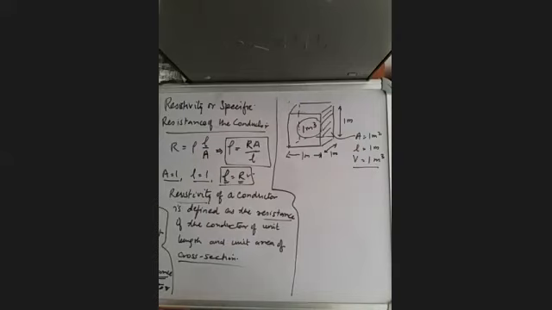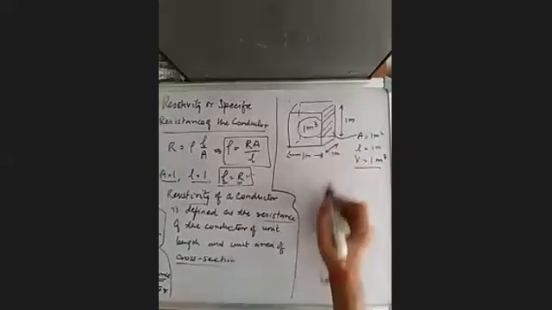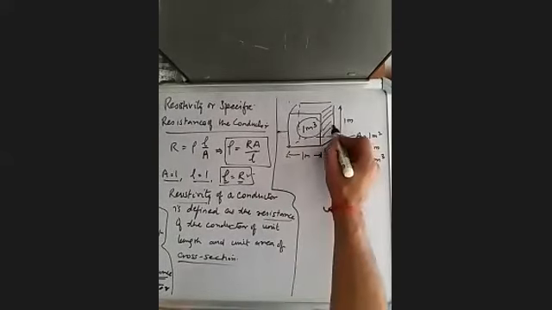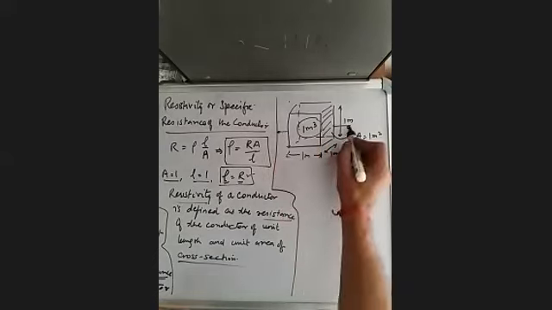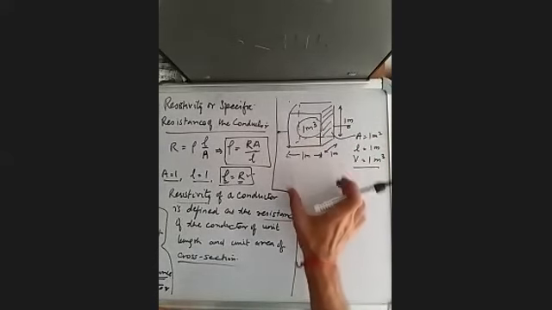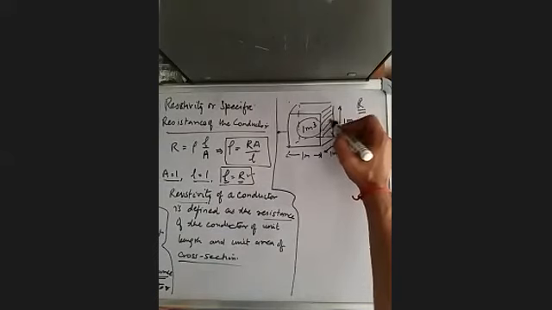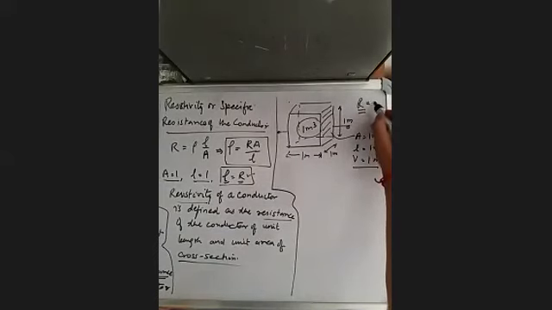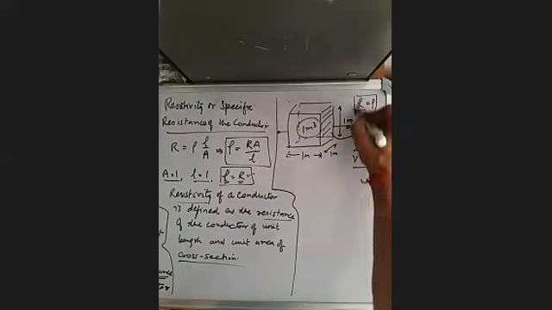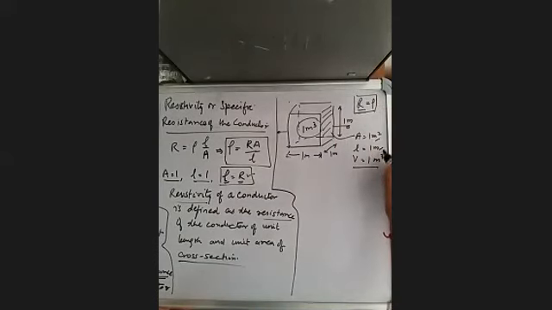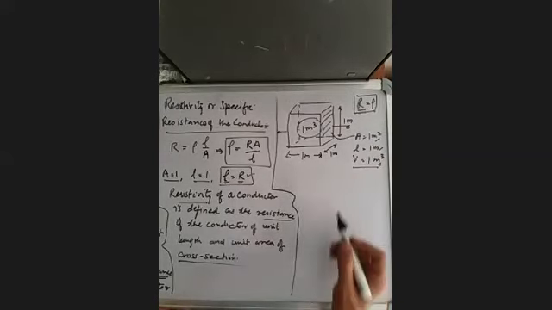So now we can define resistivity. Now if I use this cube in the circuit, I take 2 points and I put this block in the circuit and find out its resistance. Then the resistance of this cube, of this material, this conductor, will be called its resistivity, because its length, its area of cross section, and hence its volume all are unit.